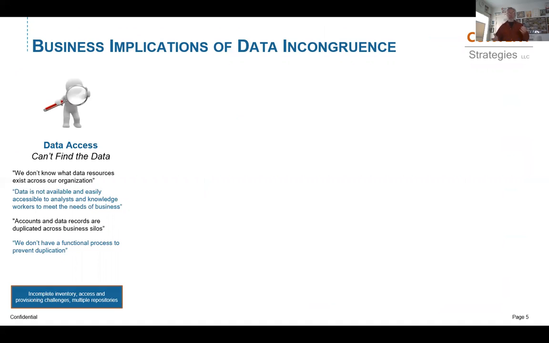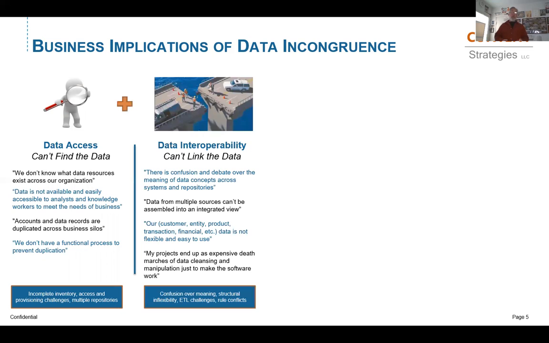First one is, I can't find this stuff, right? We don't have a connected inventory of our assets. We've made lots of copies. We have changed those copies. We don't have a process to prevent duplication. So we don't know where to go to get the data. So it's a big problem of even what exists and where do I get it,